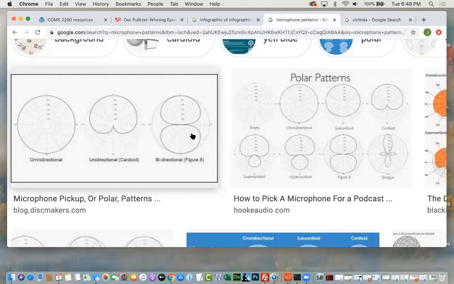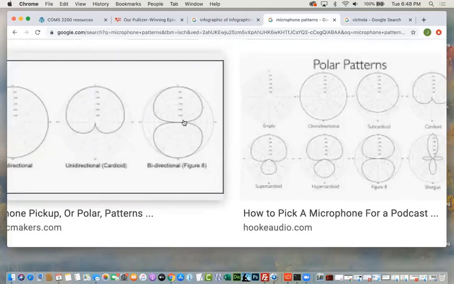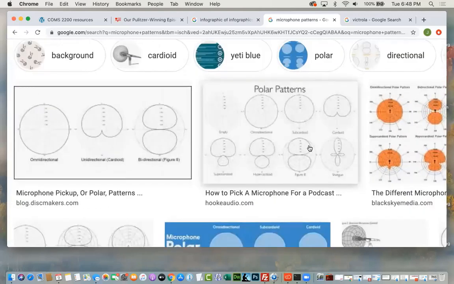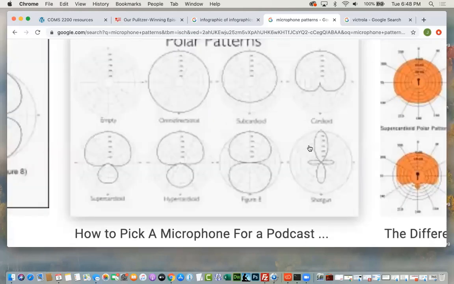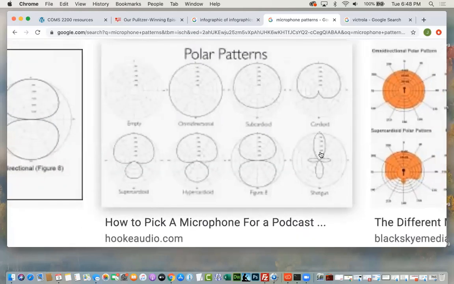You might be thinking, why would you have a bidirectional microphone where it records what's in front of it and behind it, but not side to side? I want you to think about sitting down with someone and talking to them across a table. This is a perfect setup, right? You have your speaker speaking in the front and the interviewer speaking in the back, and nobody's passing a microphone back and forth. There are other polarity patterns, that's what they're called. And you can see some of them, there's a shotgun microphone. That's the kind of thing you have on a camera out in the field where you only want front and back and maybe a little bit of the side.